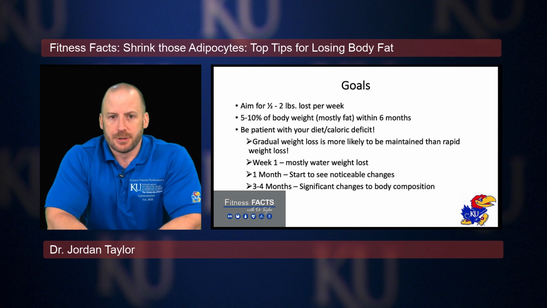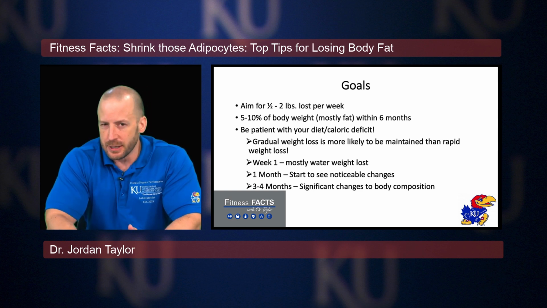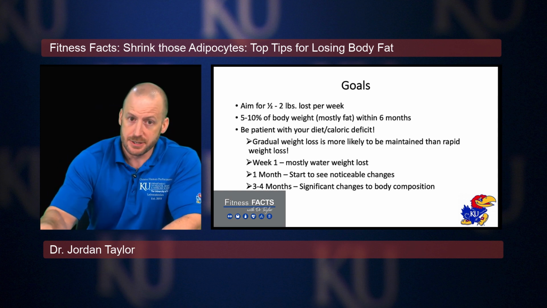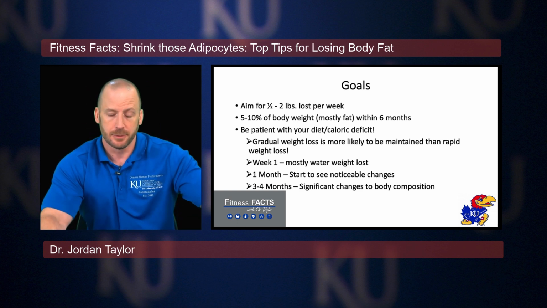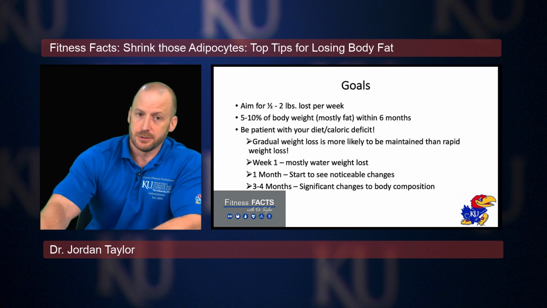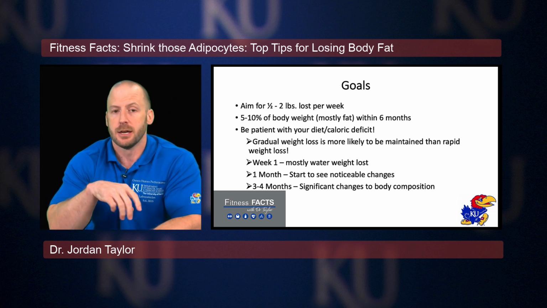So with weight loss, typically what you see in the first week is going to be a lot of water weight loss, especially if you're doing a lower carbohydrate diet. Because again, you store carbohydrate as glycogen in your muscle cells. Humans can typically store around 400 to 500 grams of glycogen in their muscle, another 100 to 120 grams of glycogen in the liver. If you reduce your carbohydrate intake, you're going to start reducing that stored glycogen in your muscle cells, and for every gram of glycogen that's stored in your muscle, there's 3 grams of